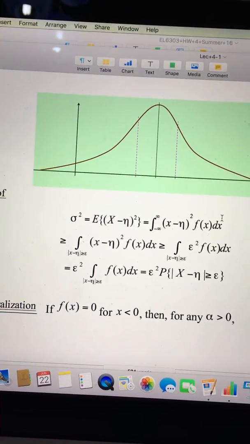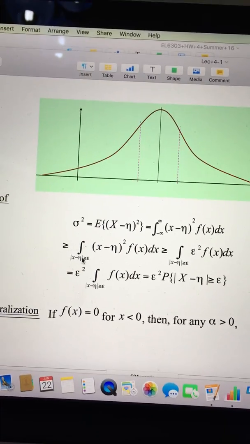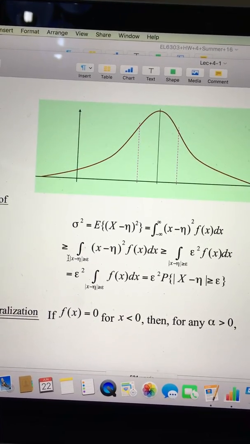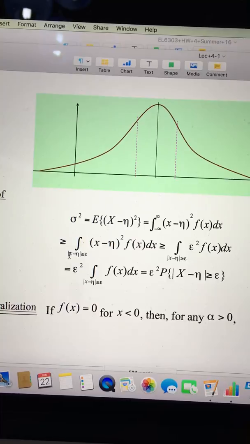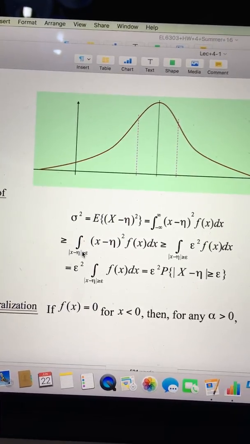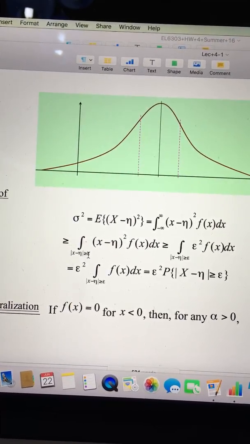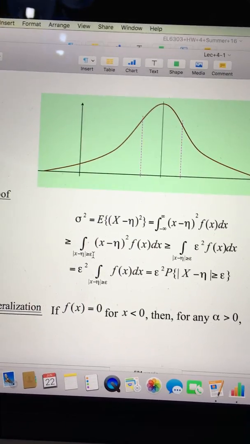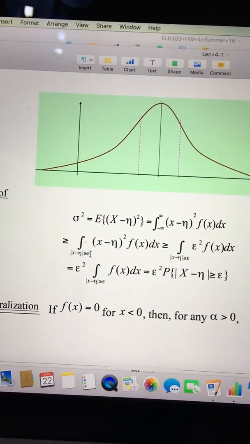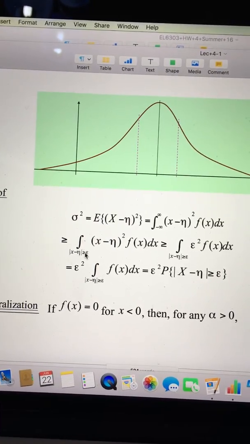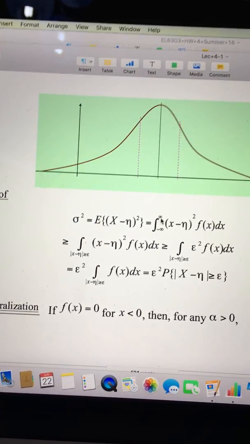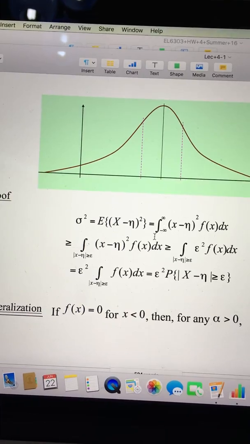So we can say that it should be larger than or equal to the integral over the area where |x minus eta| is bigger than or equal to epsilon,